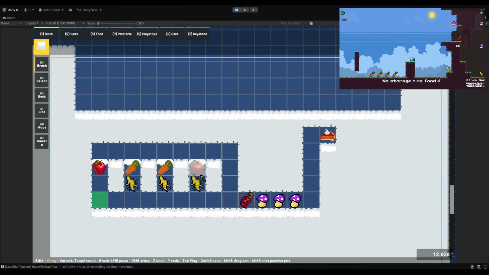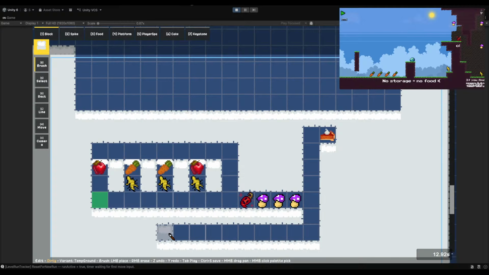We could have the check be that they have to come through all the way back here before being able to come back. Right?